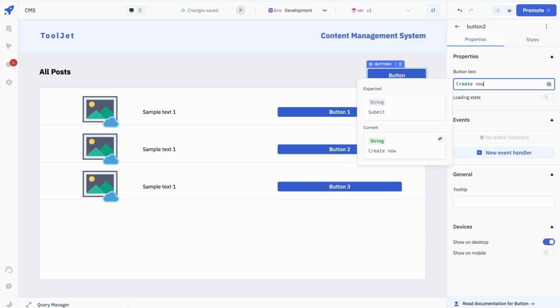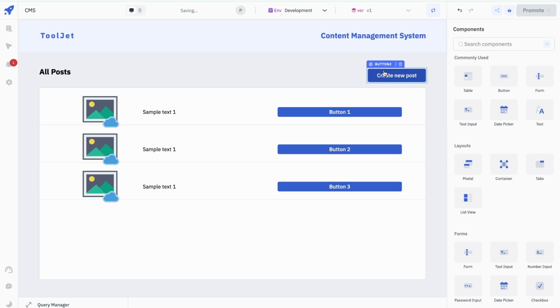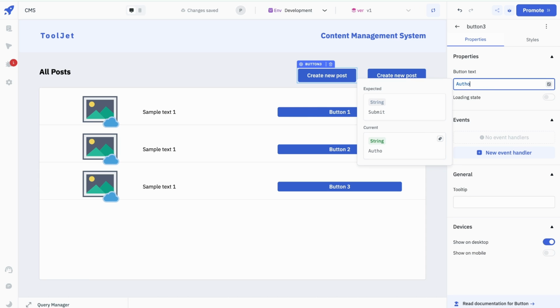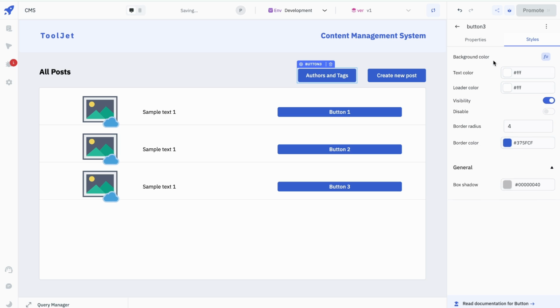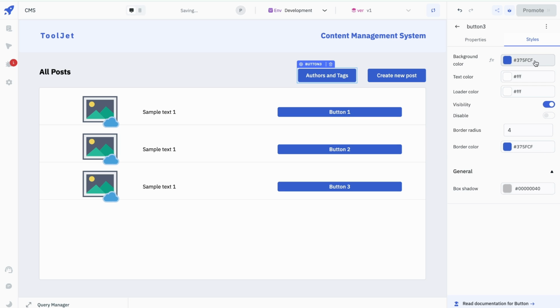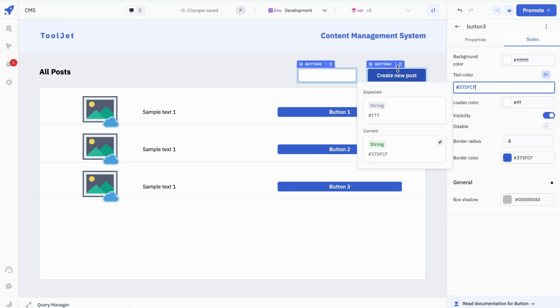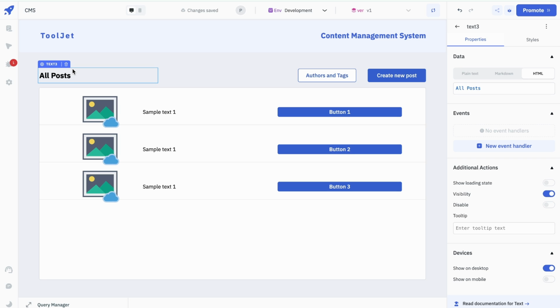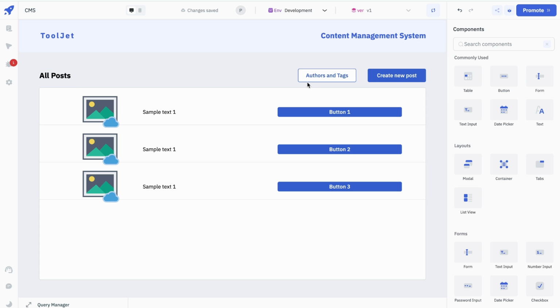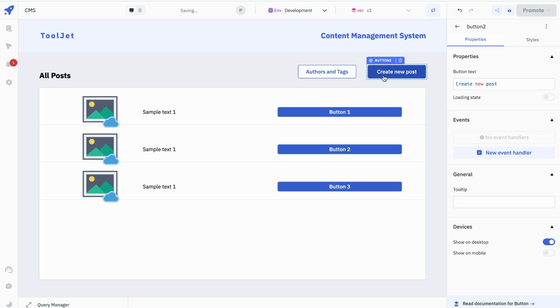Create new post, and this will be a primary button, and second will be the authors and tags. Okay, and for this we need to change the background color to white and text color to blue. Okay, all right, so let's just adjust this a bit, and yeah, let's make it a little top,